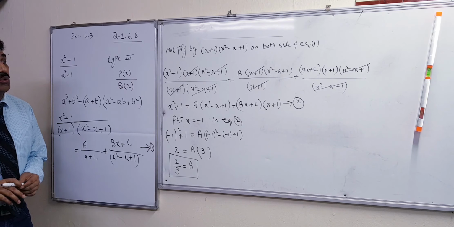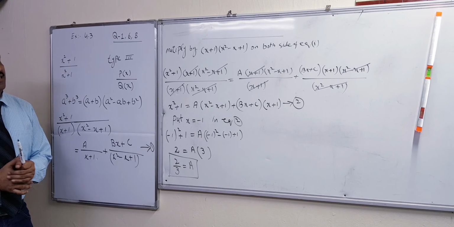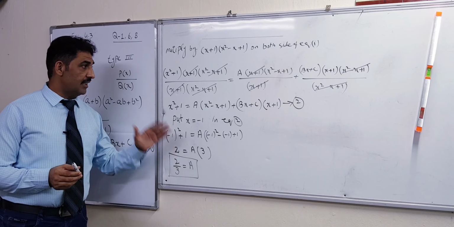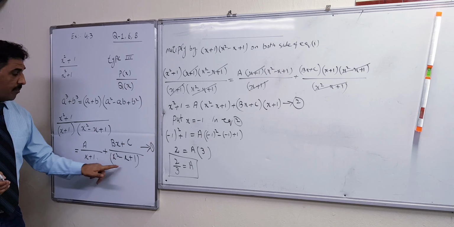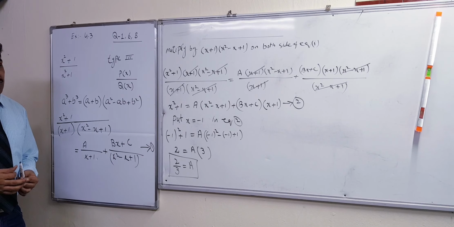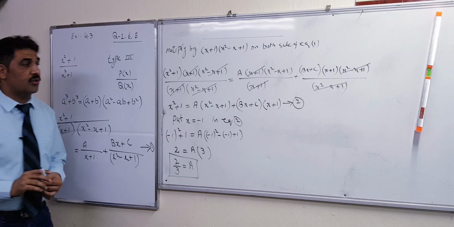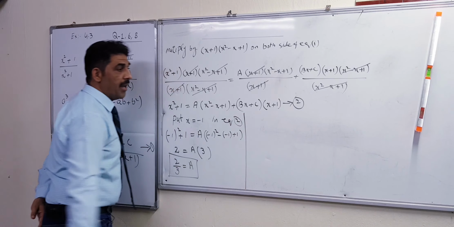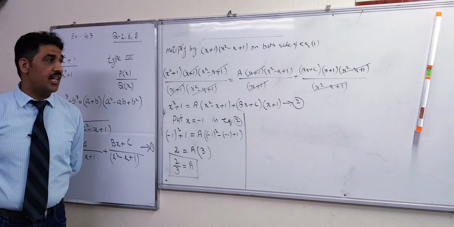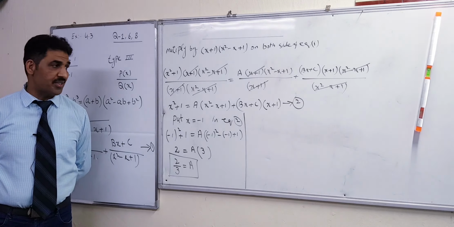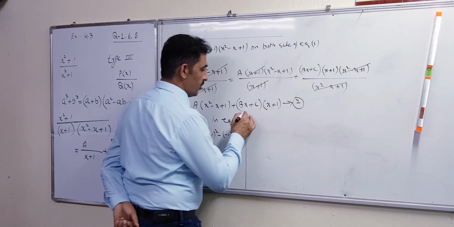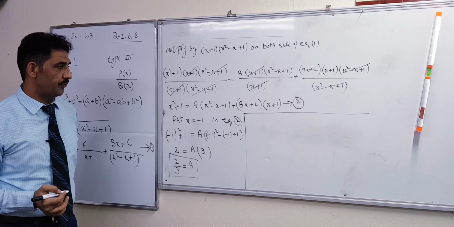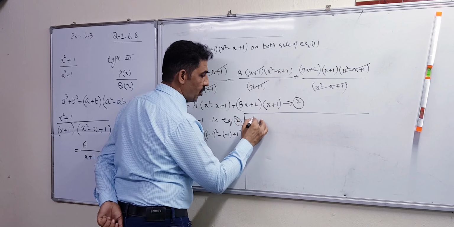Now we have to use the method of exercise 4.2. So what we did in 4.2, when there is no denominator remaining, is put x is equal to 0. Good. So we have to simplify equation 2 and compare the coefficients of x square, x and constant. So first of all we have to simplify equation 2, or you have to write equation 2 from equation 2.